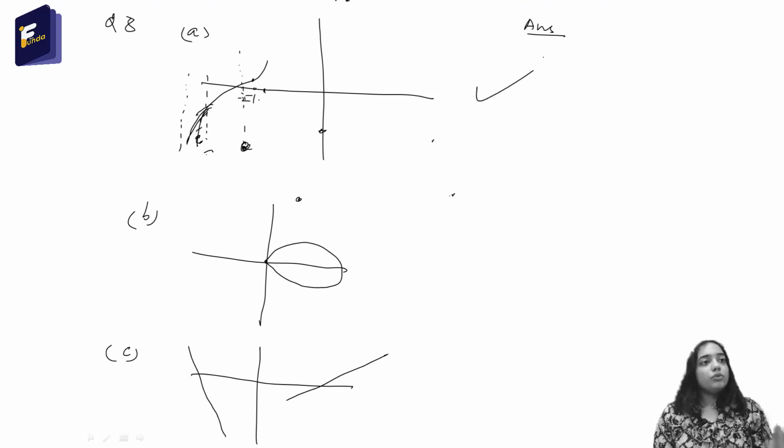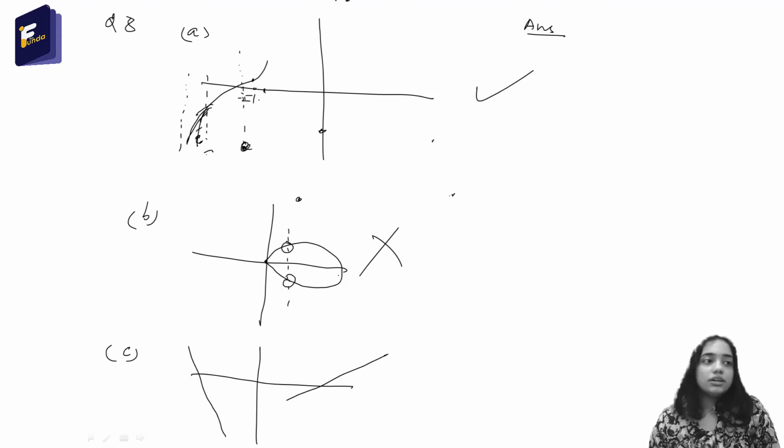Okay, so if you could not solve this question, then again pause the video and solve the remaining two parts. Okay, so let's move to the next part. Here we will do a similar thing. We will draw an imaginary vertical line and see that this vertical line is touching the graph at two points, this point and this point simultaneously. So this is not the graph of a function.